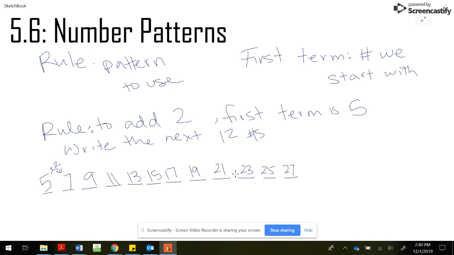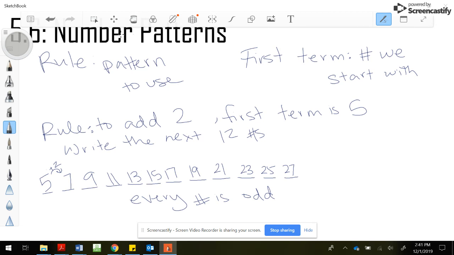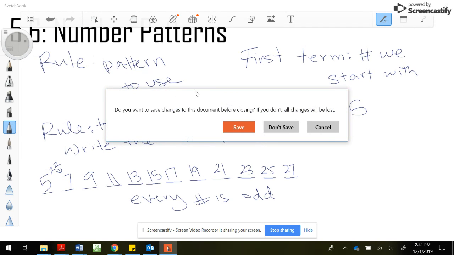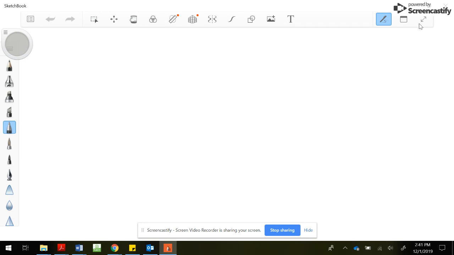What do you notice? And we could say, well, it goes odd, odd, odd, odd, odd. I notice that all the time. Every number is odd. Sometimes it will go odd, even, odd, even, odd, even. Or it will go even, even, odd, odd, even, even, odd, odd. So just looking for some of those little patterns. Nothing really too tricky. The one other big thing to remember with this is that sometimes we'll have a rule